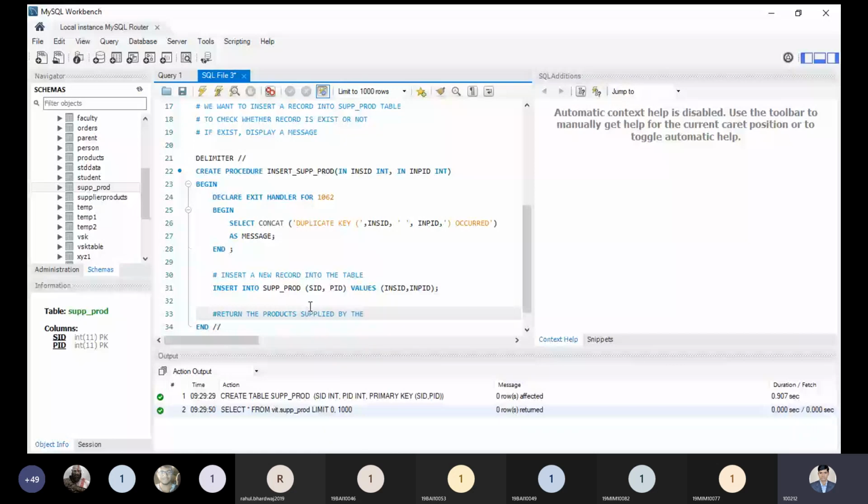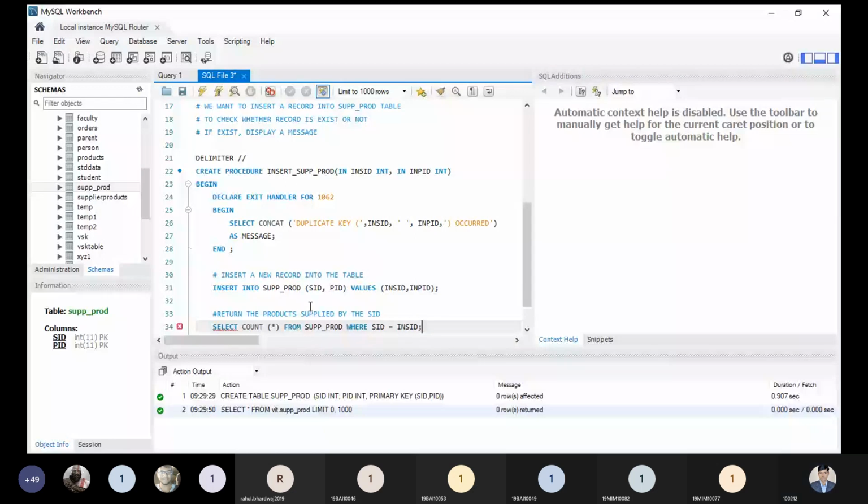Okay, so the syntax would be: select count(*) from sup_product where SID equal to INSID.